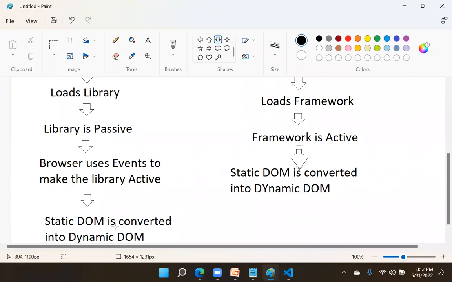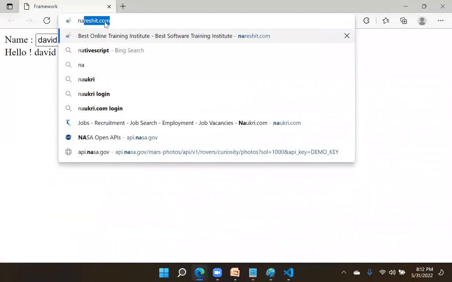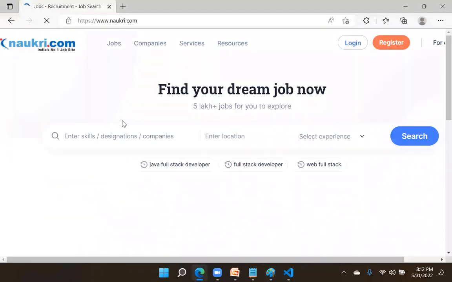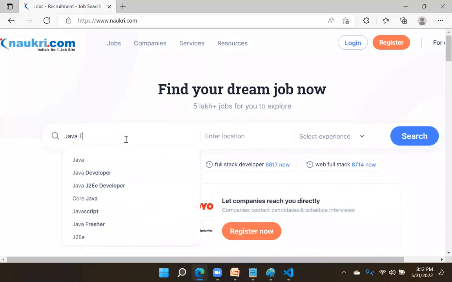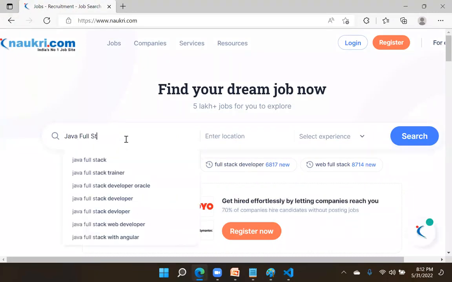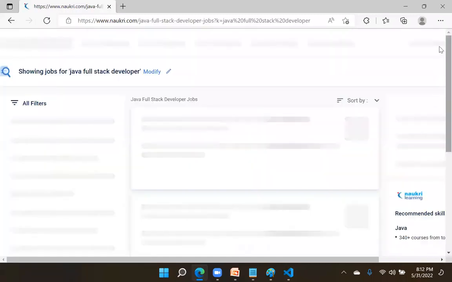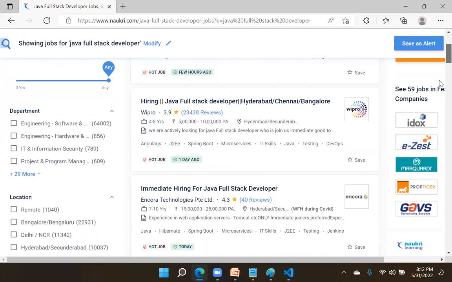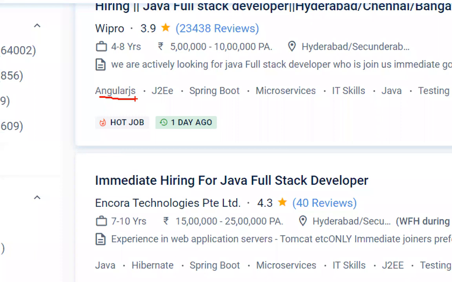That is the reason I already showed you. Yesterday we saw that this is the Naukri site, right? In this Naukri site, I am searching for Java full stack developer. And you can see Java full stack developer. In many of these roles, they ask for AngularJS.